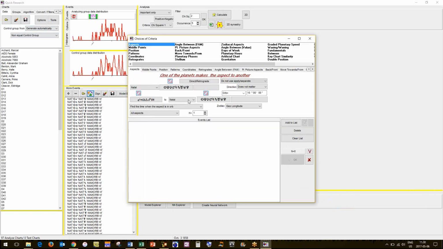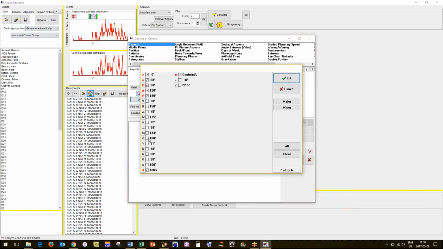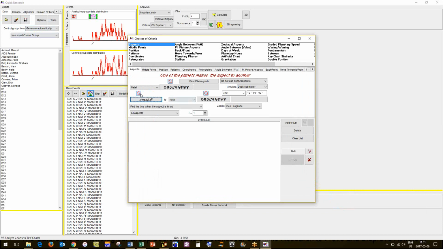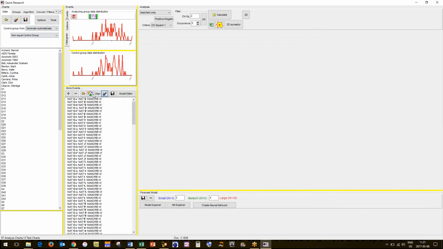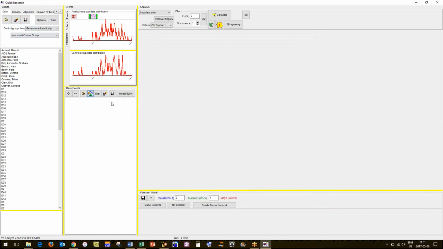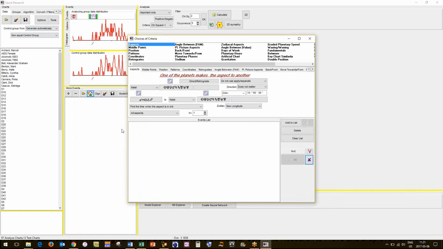And then we're going to get rid of the parallels. Oh, silly me. Why don't I just pull up the one I've done?